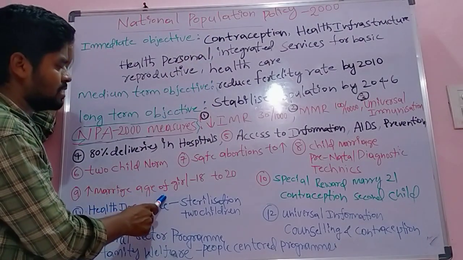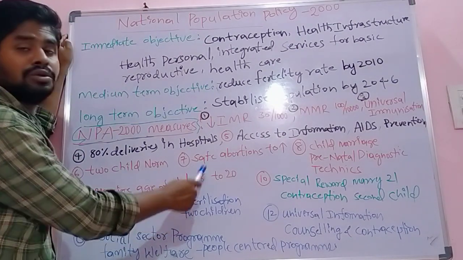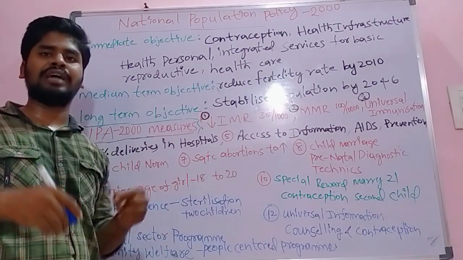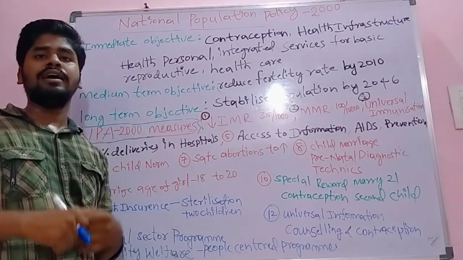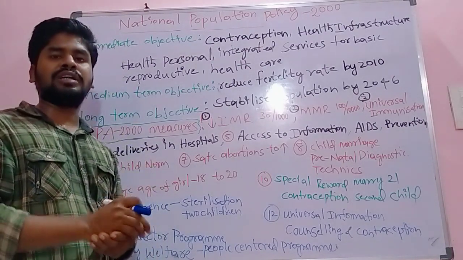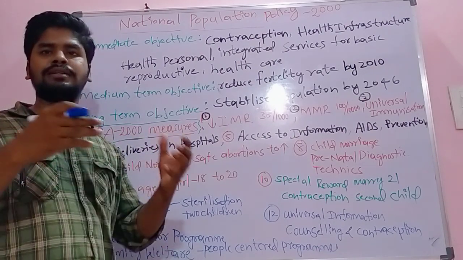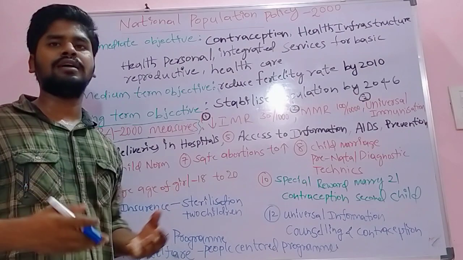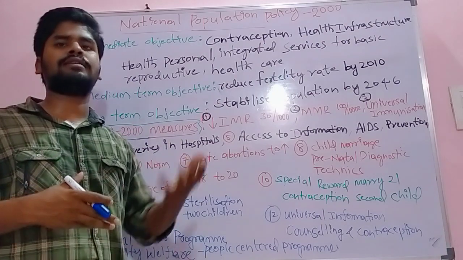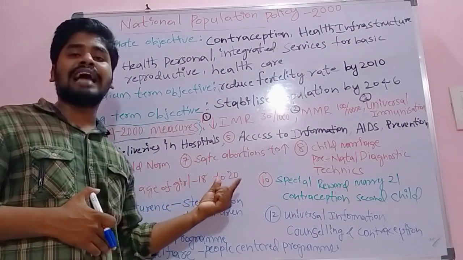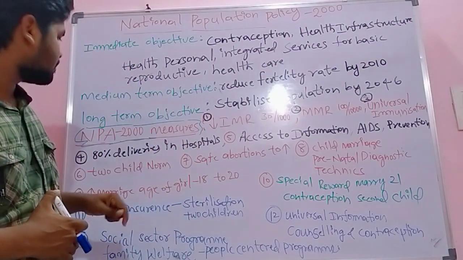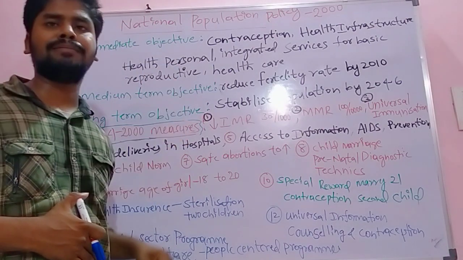Increase the marriage age of girls from 18 years to 20 years. Till 20 years, the girl child should not marry. She has to be in school, college or degree. She has to be empowered in all aspects, especially education, so that she can participate in economic activity, get income and live a better life. She will be able to manage the whole family. So that is a better option. Increasing the marriage age of girls from 18 to 20 is one of the measures taken in the National Population Policy of 2000.